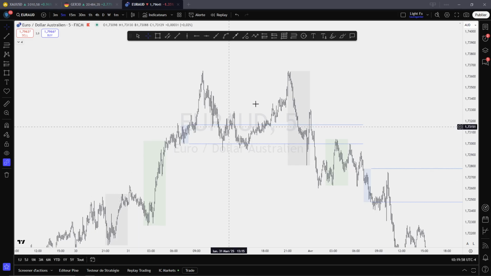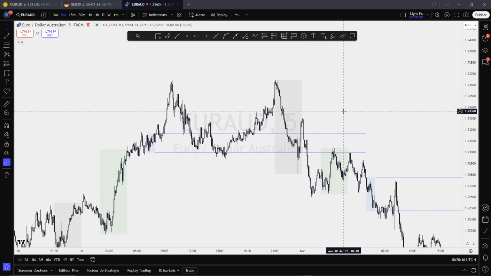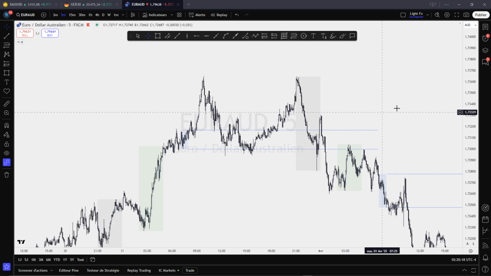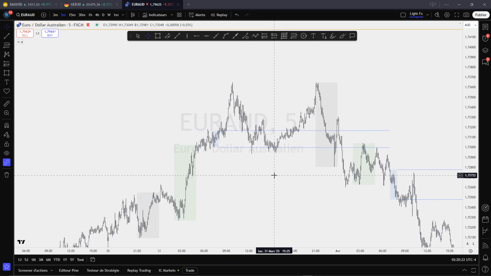Okay guys, I'm making this video just to explain how I mark my levels and what I consider to be a key level on a higher time frame. I know there are many other styles to mark levels and to mark up your chart, but I'm going to share with you how I personally do mine. So in the live session we will be understanding each other.